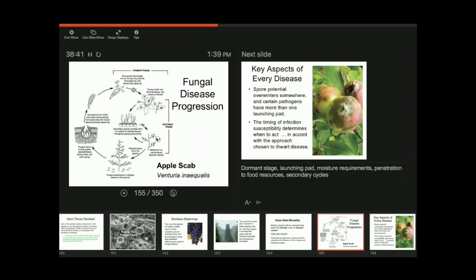So as we get into talking about a specific disease, there's a couple of things we learned from its life cycle. I'll just quickly run through apple scab. Apple scab is a fungus that overwinters on the fallen leaves, and in our part of the world it's cold enough that it's not still up in the bud scales. It's totally down on the ground. As things warm, this may shift for you in Indiana before me in New Hampshire. So I won't get into the tree part of it. So down on the ground,